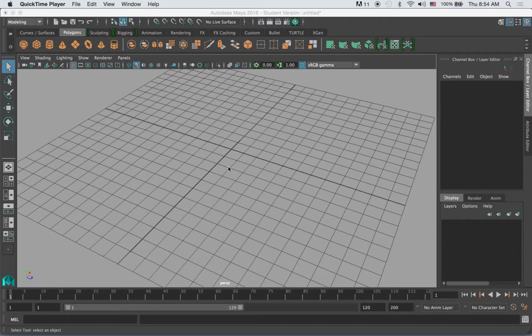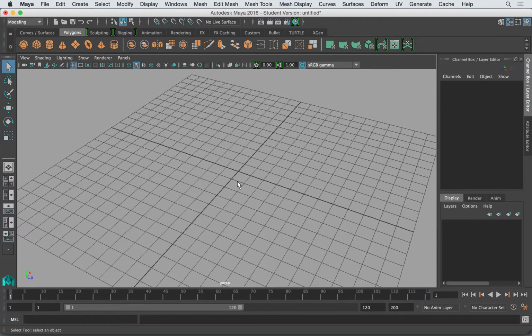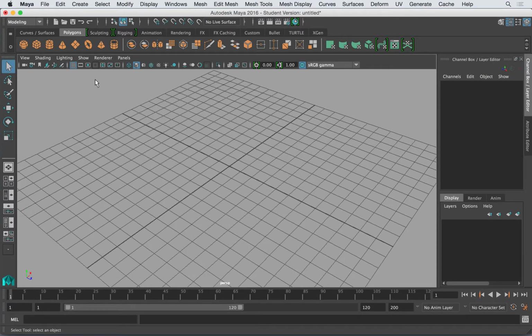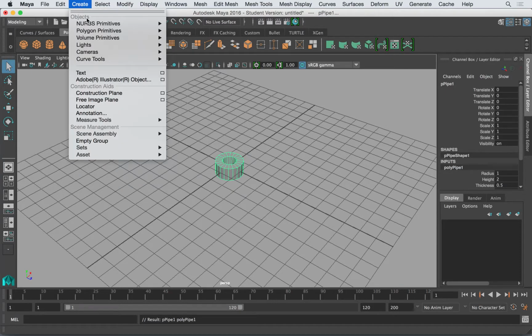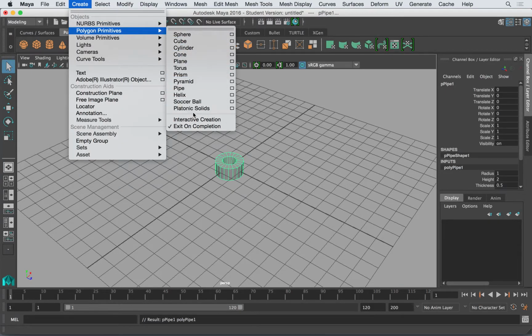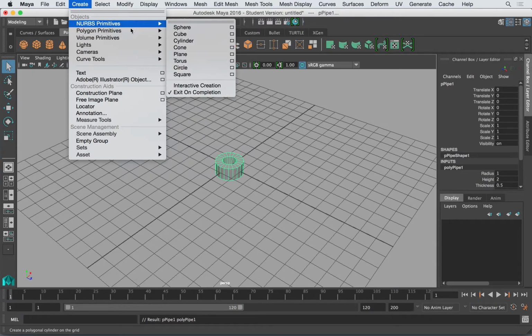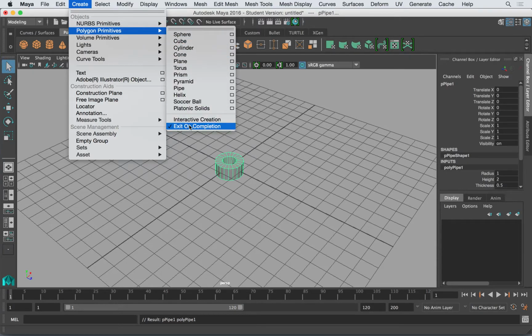So this first one is going to be about making a frame, a window frame, just to remind you exactly how we use the pipe tool. So I'm going to create a pipe tool. These primitive shapes are here if you want to create them from the pull down menu, but see, there's not an interactive creation